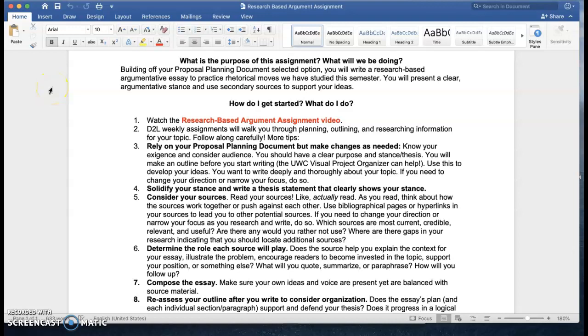So one of the examples I used so far this semester is that idea of comparing the US and Finnish system. That's still a pretty big topic. I may end up delving narrower and narrower. Maybe I end up talking about parental involvement in US K-12 education versus Finland or something like that. You really want to get into depth here and not work surface level.